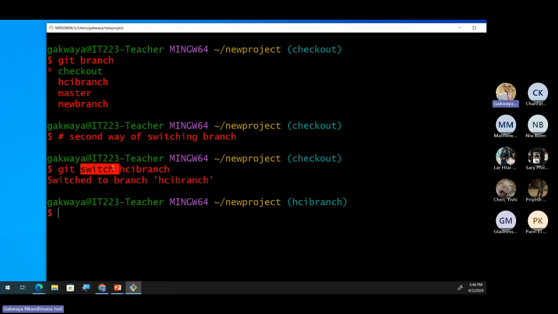How many capacity you put. New project. New or